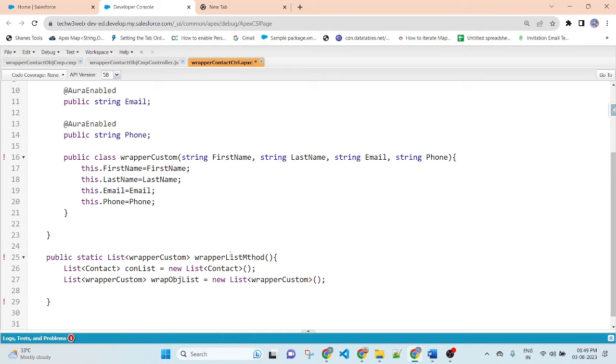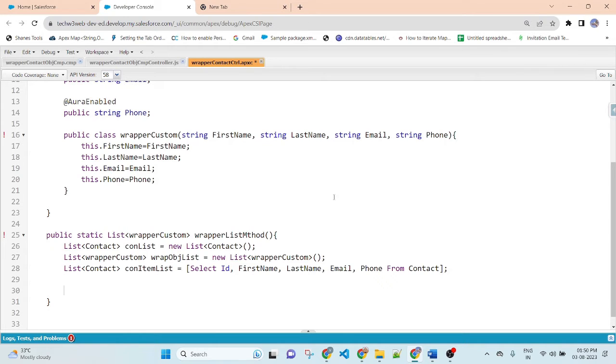Then I will fetch the list of contacts. So here, contact list equal to select ID, first name, last name, email, phone from contact.